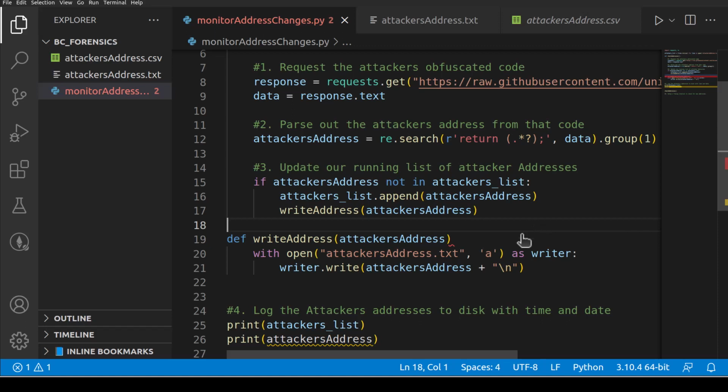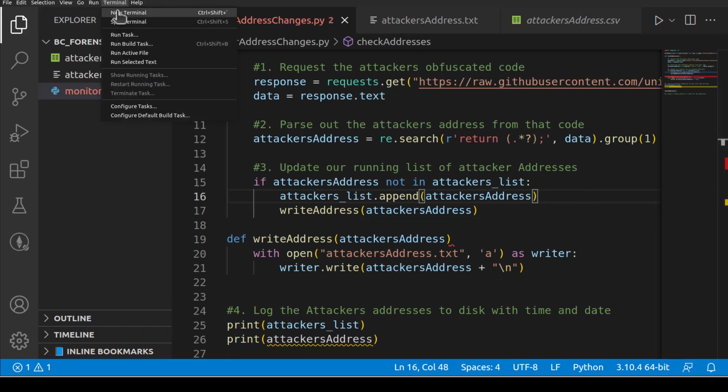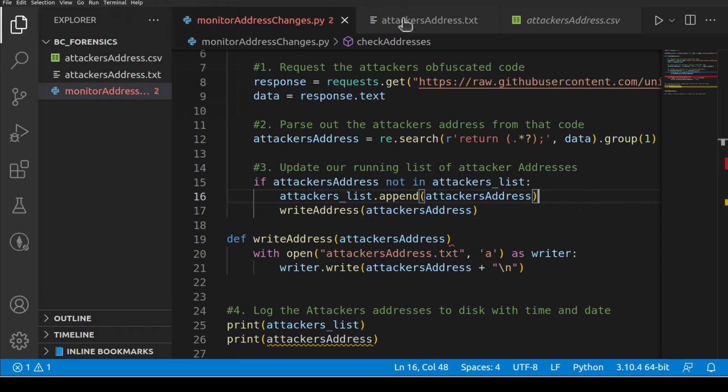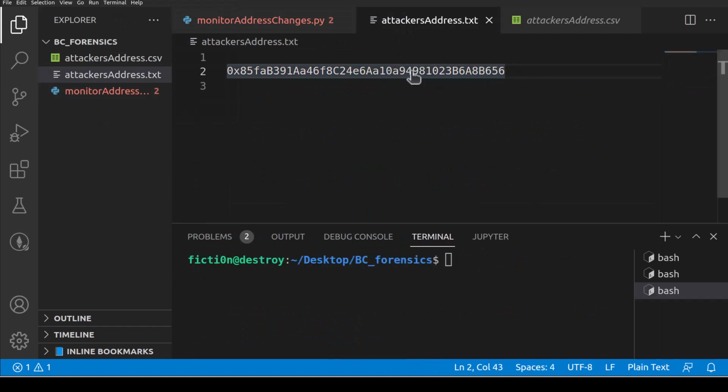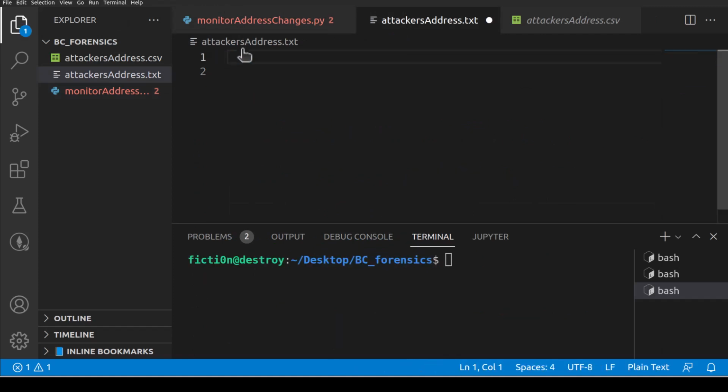So this should function exactly the same way that we just used it, but we should double check that before moving on. So we'll say new terminal, and let's blank this out again so that way we get new data in here. And I'm going to go back. We'll make sure this is actually working. So we'll say, no, we don't want to ping google.com. We want to say Python 3